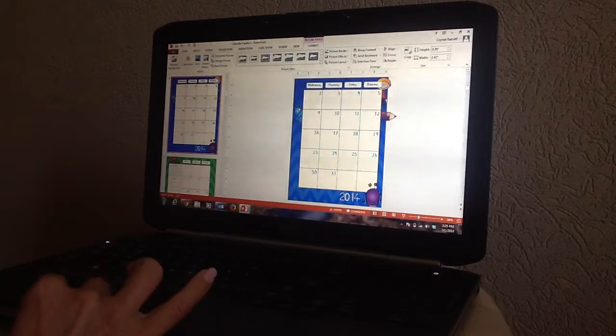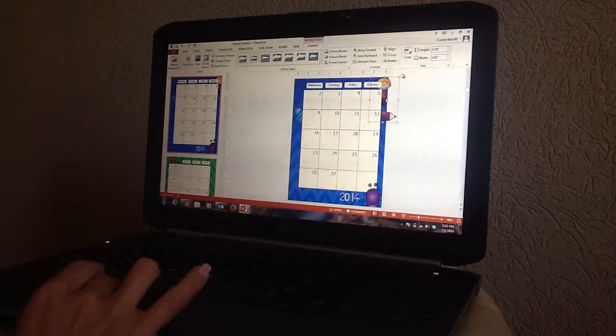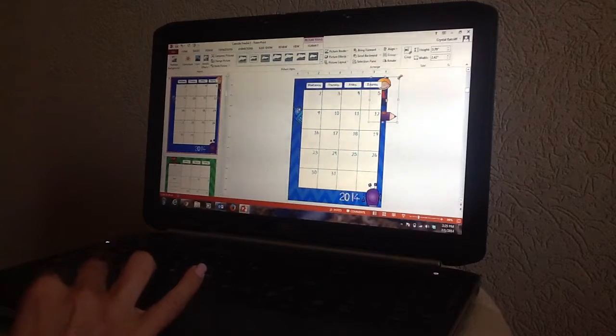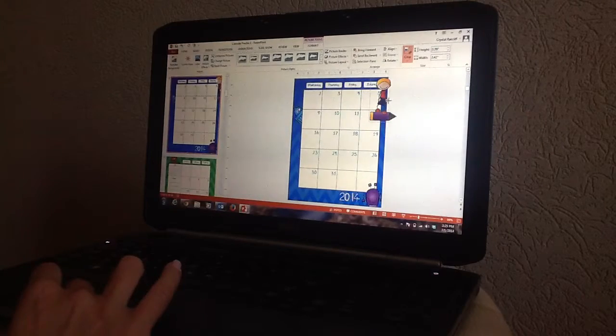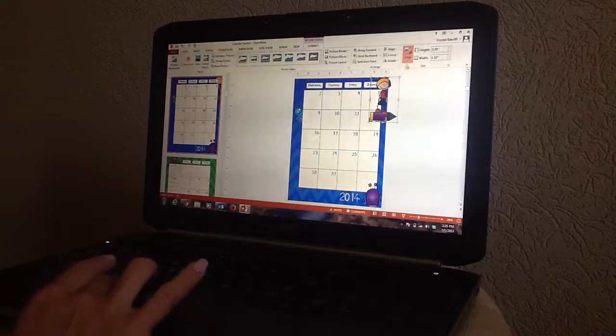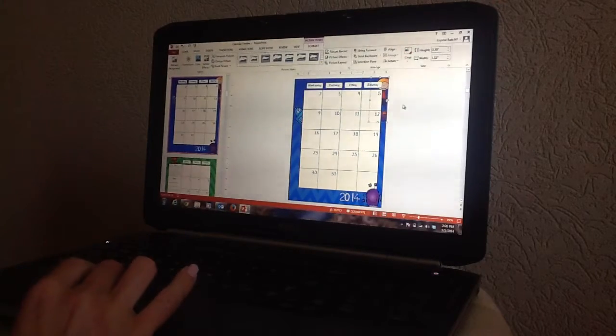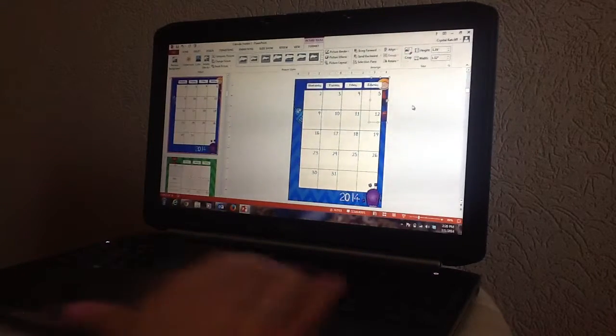I have to decide exactly how big I want him. I think that will do. Again, I'll go ahead and crop just to save me trouble later on. So he's in there